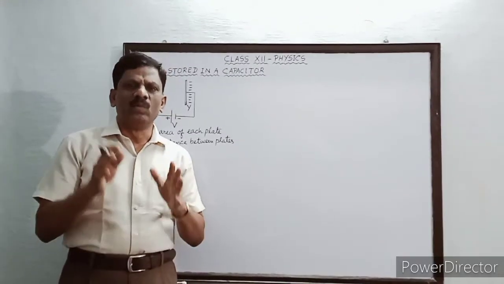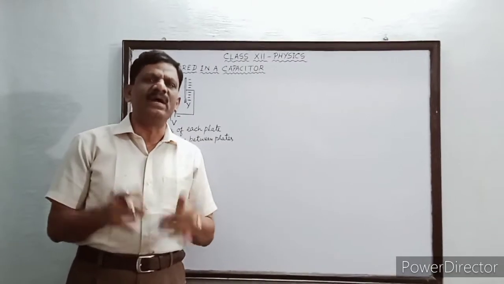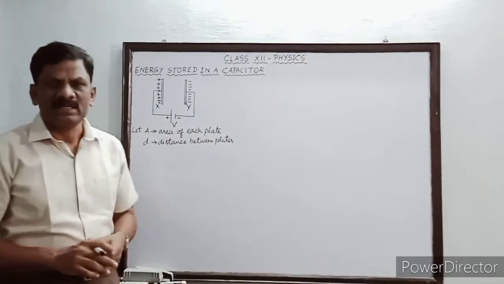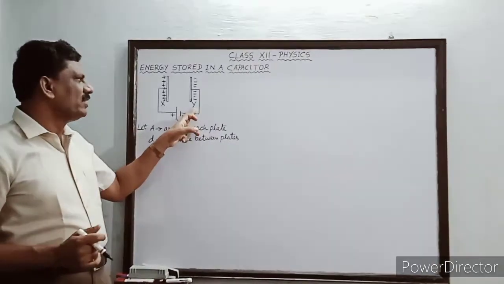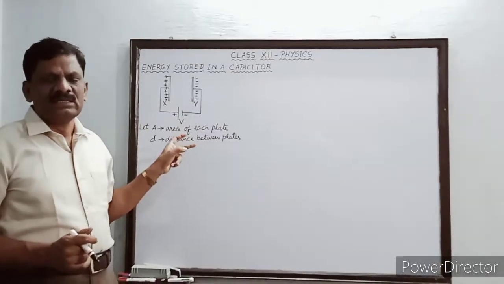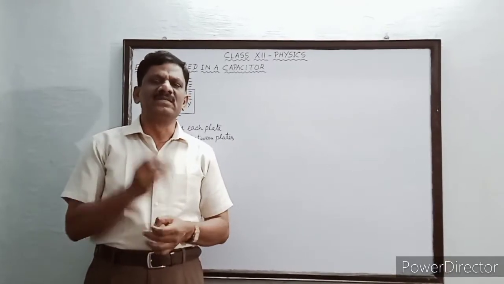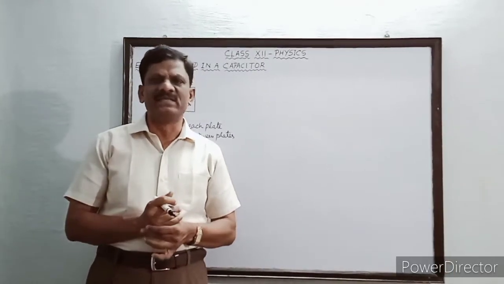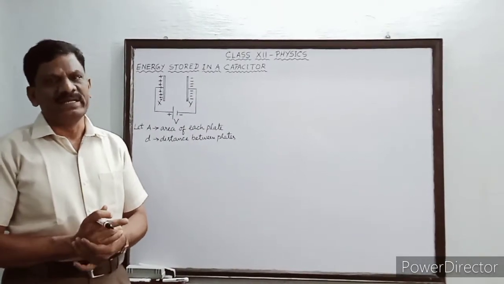So what is the work of the battery here? What work the cell or battery is doing here is transferring the charges onto plates Y and X. So work is done by the battery. And this work done by the battery while storing the charges is stored as electrostatic potential energy.